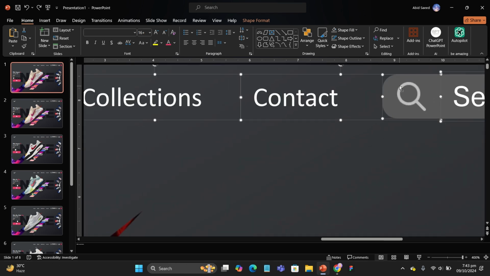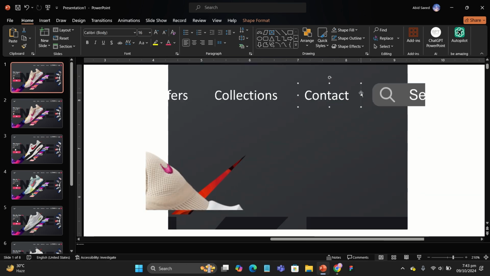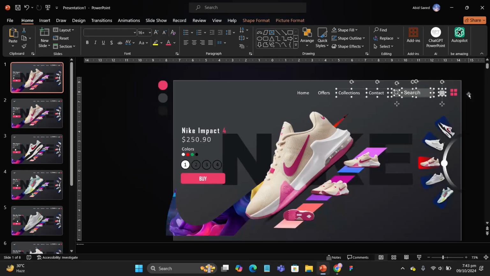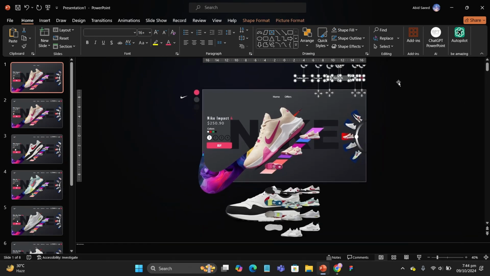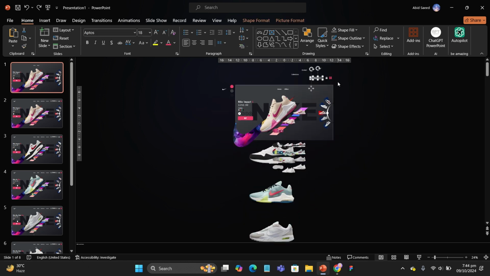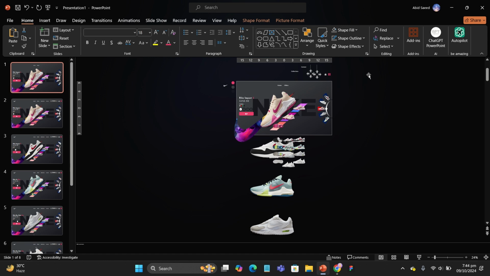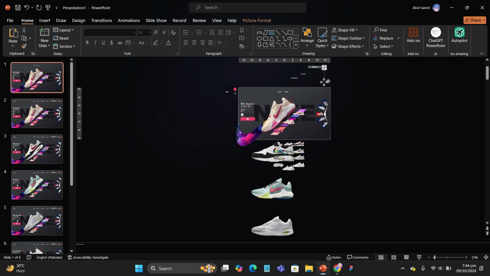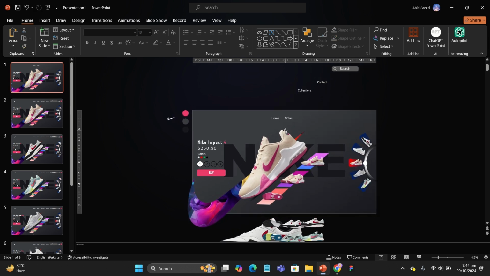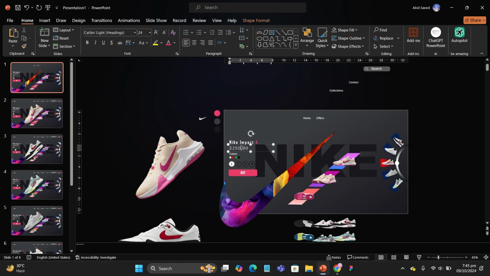Let me just select this. Wait, I can select this by just decreasing its size. So let's move all of them upwards, but I'm gonna select each one of them and make each of them higher than the upper, and we're gonna do the similar for all of the shapes. And now let's go to the shoe, and we're gonna move it to the left side,